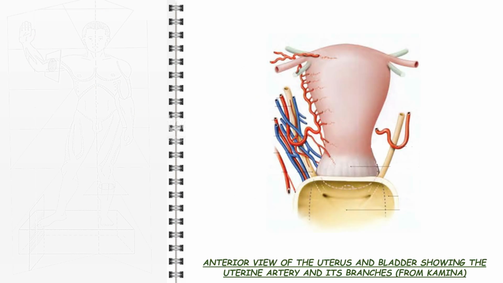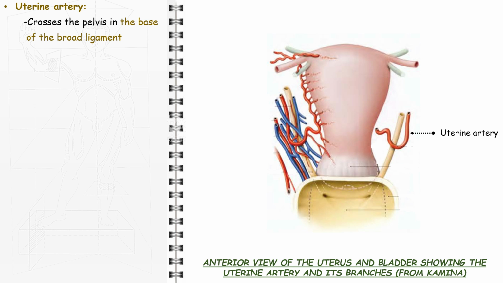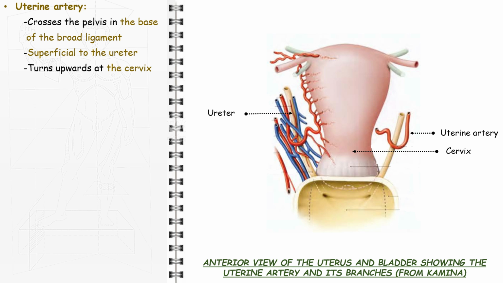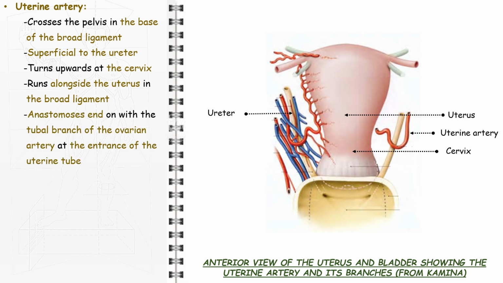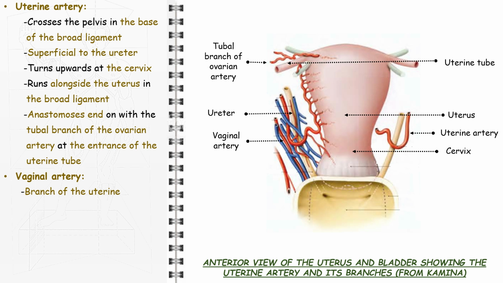The uterine artery crosses the pelvis in the base of the broad ligament, passing superficial to the ureter. At the cervix it turns upwards, closely applied to the muscle thereof, and runs alongside the uterus in the broad ligament. At the entrance of the uterine tube, it anastomoses end on with the tubal branch of the ovarian artery. The vaginal artery, often a branch of the uterine, supplies the very vascular walls of the upper part of the